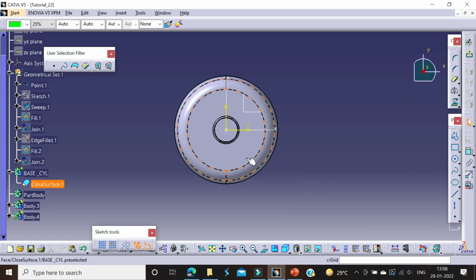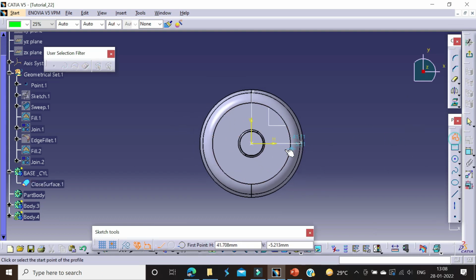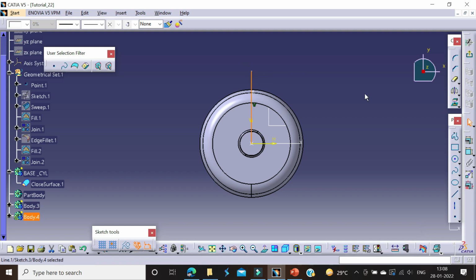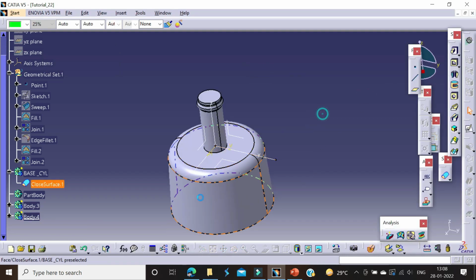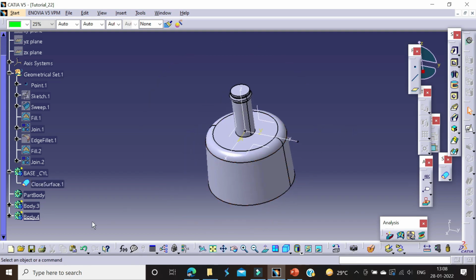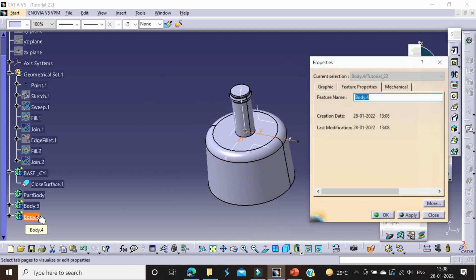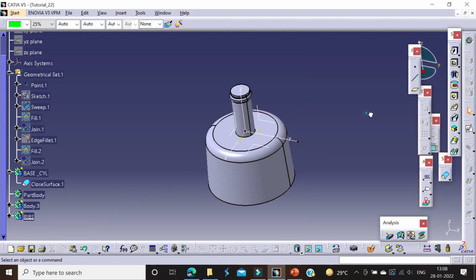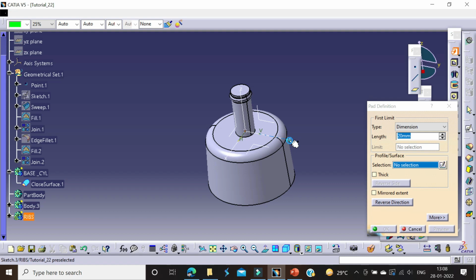So we inserted a new body and we are entering into the sketch here. So here this one is the central rib. Firstly we'll design one rib and after that we'll use the pattern command. So this is the ribs. So for that select the